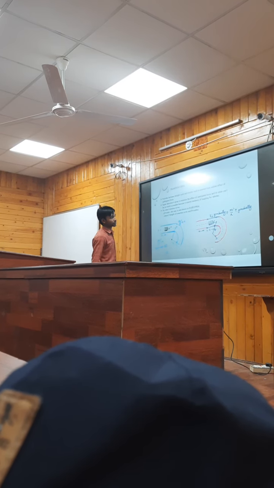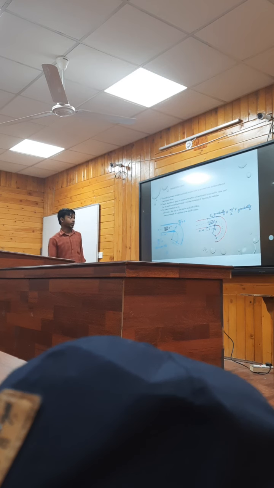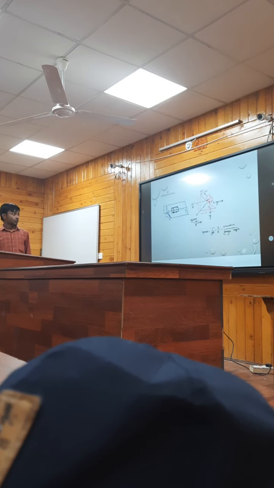This is also known as Euler's spiral curve, where L is the length of the transition curve and r is the radius. Super elevation is just simple. You can also see the example of super elevation. This is the height of the super elevation. When one side of the road is slightly raised with respect to the other, then this height is known as the super elevation. And B is also known as the gauge.